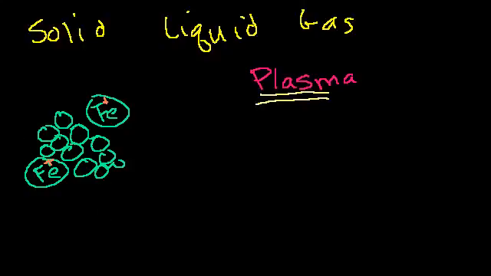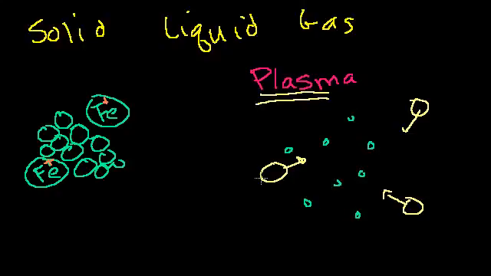A plasma is a situation where you take gases, and remember, with gases, things are pretty far apart. They have high kinetic energy, although it could be under very low pressure, but they're moving around and bumping into each other, but they're not close to each other. They don't have a fixed structure, and they're not rubbing against each other like in the case of a liquid. But in a plasma, one situation is that you apply such a strong electromagnetic field that the electrons want to disassociate. So let's say these electrons start bumping off of the atoms.